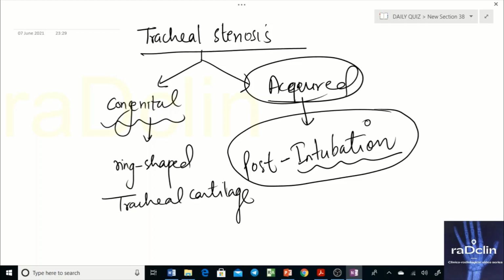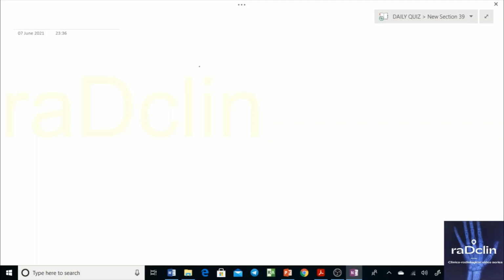Now, the important point is that if the patient develops tracheal stenosis just after the extubation or just after a particular surgery due to intubation, then it will be acute. Either it could be acute, or the patient has a history of recurrent intubation, or a history of tracheostomy or intubation for a long time. Now this patient has inflammation going on in the tracheal wall for a long time, so the patient will develop chronic tracheal stenosis. I'll tell you how. See, why does it cause this? It is caused due to pressure necrosis. The pathogenesis is pressure necrosis.